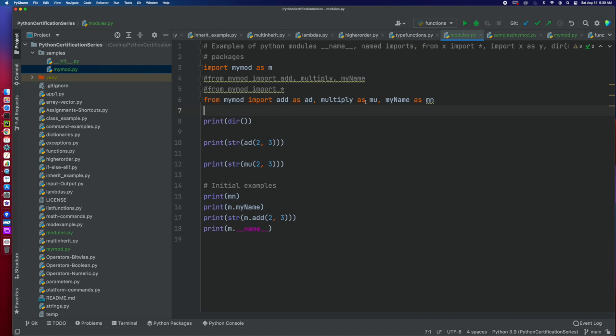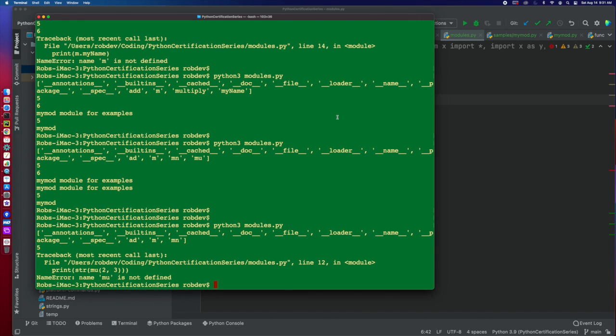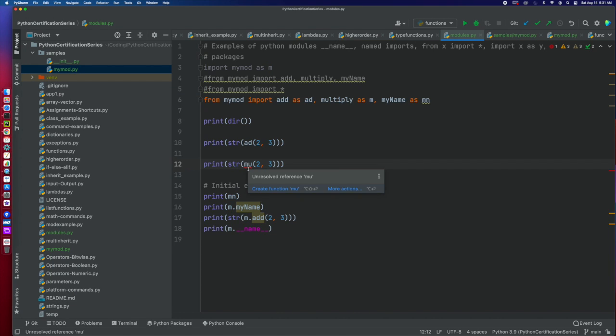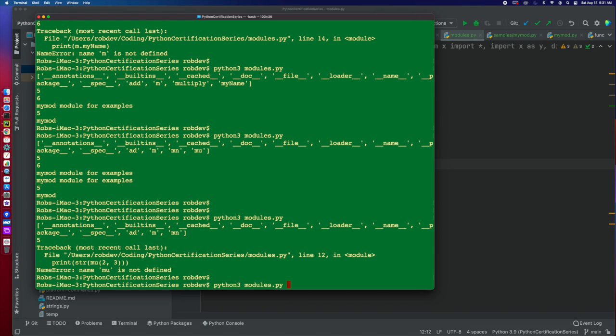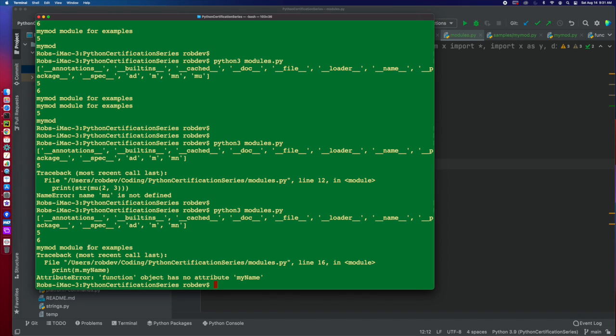Now, an interesting thing we could do is I could take m and do this. And this shows me in PyCharm what I just did, because I did multiply as m. Then I'm going to have some stuff break because m was imported as a module, and now I've overwritten it. So let's see what happens. Boom. Right here, oh, that was mu. So let's just do m. And so now, when I come down here, when I do m.myname, it doesn't exist anymore because the m that I imported